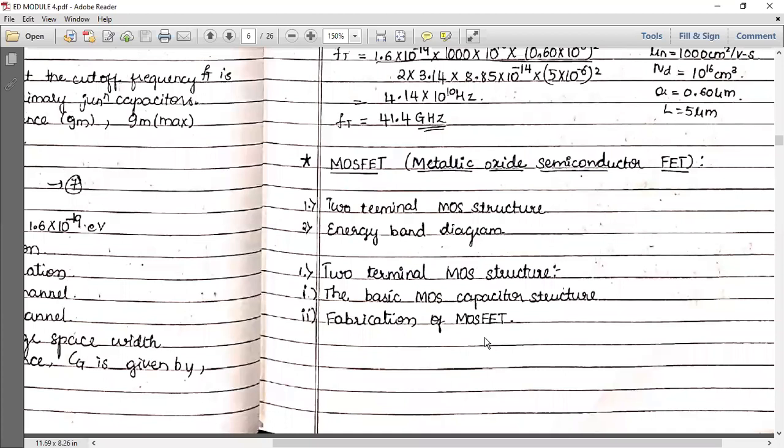Prepare on your own. Don't copy from the notes. Try to write on your own while writing the exams. That is what we expect from you guys. I hope everyone responded in the chat box.